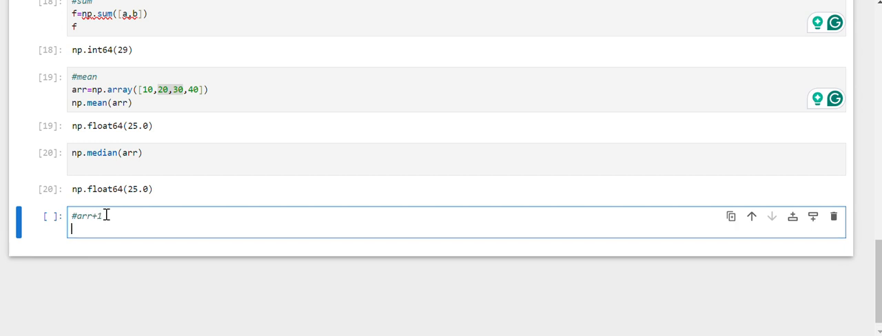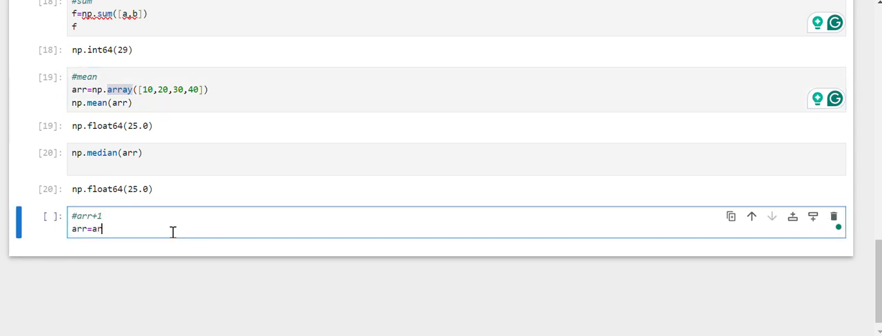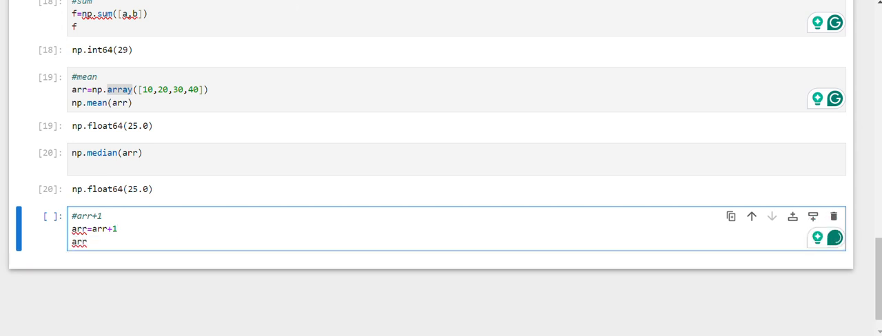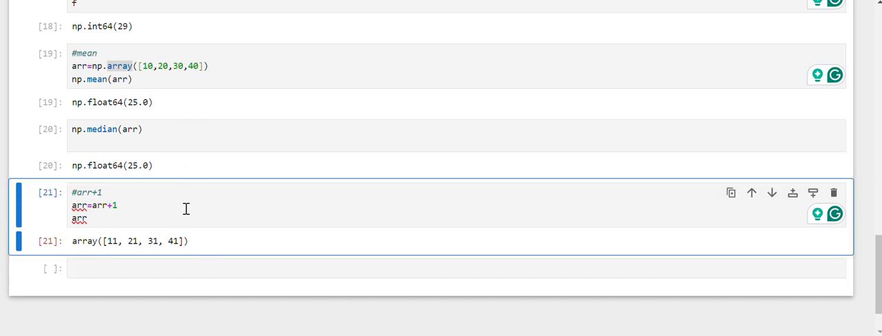Here we have ARR is equal to np.array of 10, 20, and then we will see ARR is equal to ARR plus 1. So let's see the ARR value here. Yeah, here it is. 10 plus 1 is 11, 20 plus 1 is 21, 30 plus 1 is 31, and 40 plus 1 is 41. And also we'll see